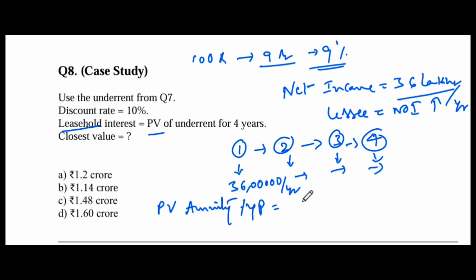Previously we discussed it: 1 minus (1 plus R) whole power minus N, divided by R. Here R is the discount rate, so the return rate, the return on investment he put on the property. This R is the return percentage every year. So 10% is the return percentage, for how many years? For n years. N means 4 years. That means 1 minus 1 plus